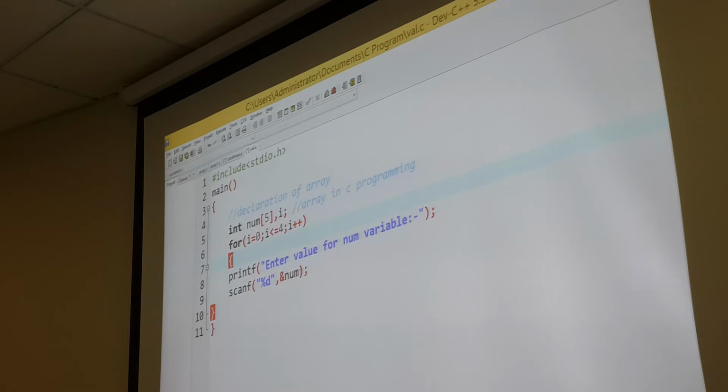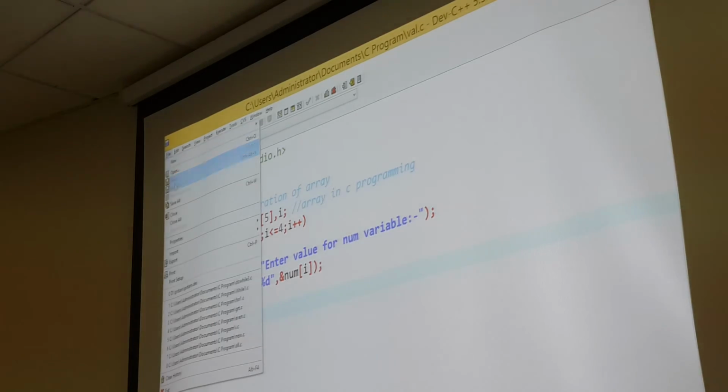And this num is having a size here, 5. So what will we write here? I comes here 0, 1, 2, 3, 4. Now if I run this program, let's save this again.